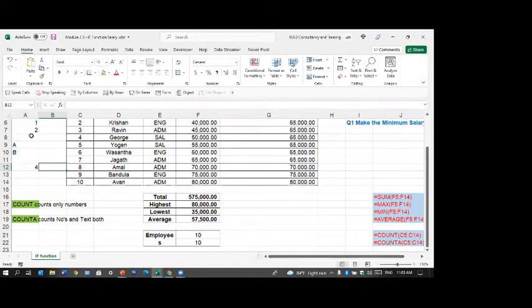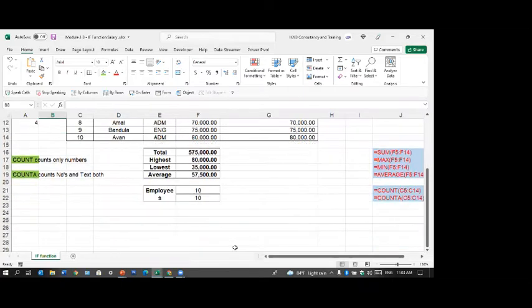Yeah, 4. Blank doesn't count. But if I type something, it will count as 5. If I delete this, it will become 4, right? Yeah, blanks don't count. That's something I checked today. These are things. That's why I said, Excel, you learn something every day. You have to see it yourself, no? Then you won't forget.